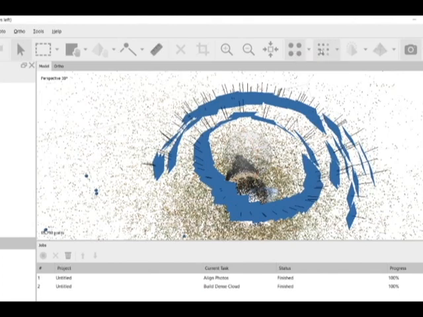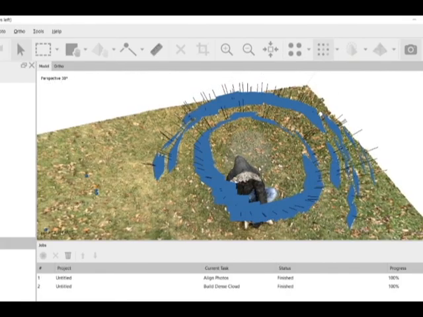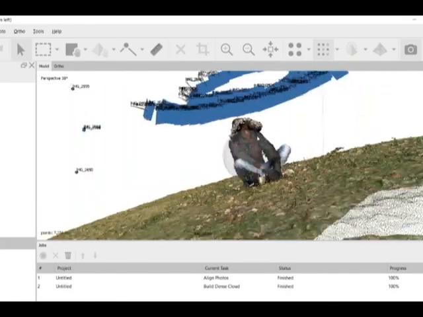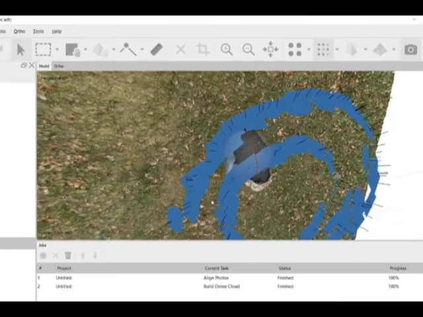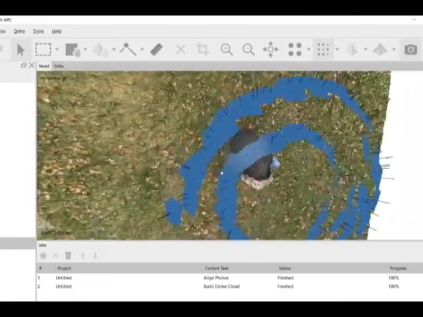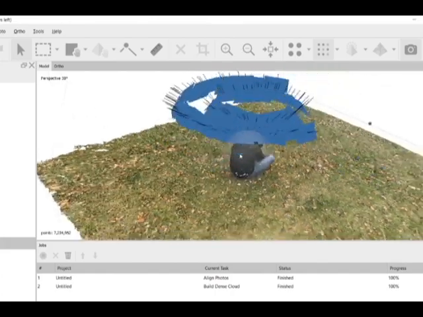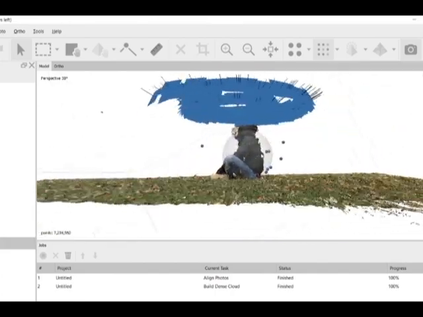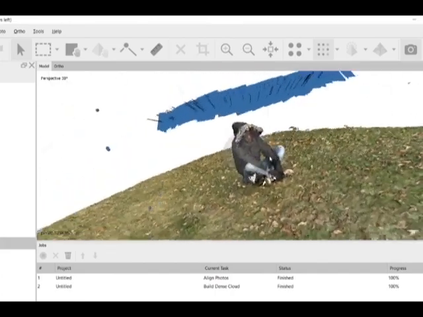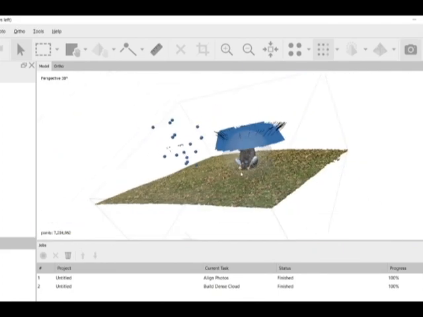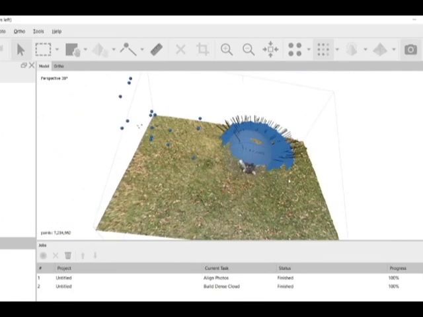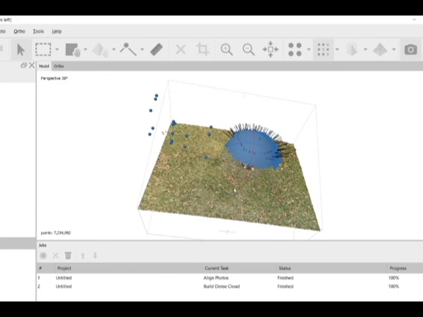The blue ones that you're seeing on the top represent exactly the spot of the camera. They were taken in 3 different layers: the middle, the top, and the bottom. As we walk around, guys, you see that now it's just getting better. We went from a sparse cloud and we are now on a dense cloud.